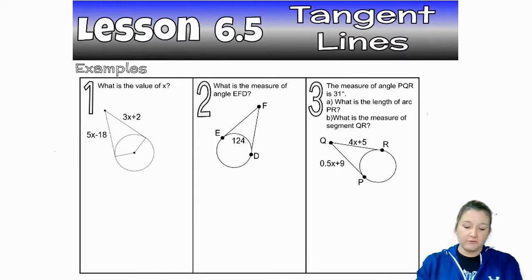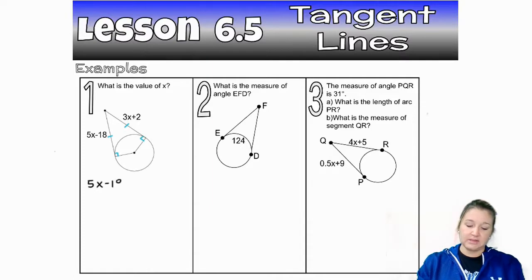So here we're looking for the value of x. We have two tangent lines. They're going to make 90-degree angles with the radius there. So I know that this segment is equal to this segment. They're congruent. So therefore,